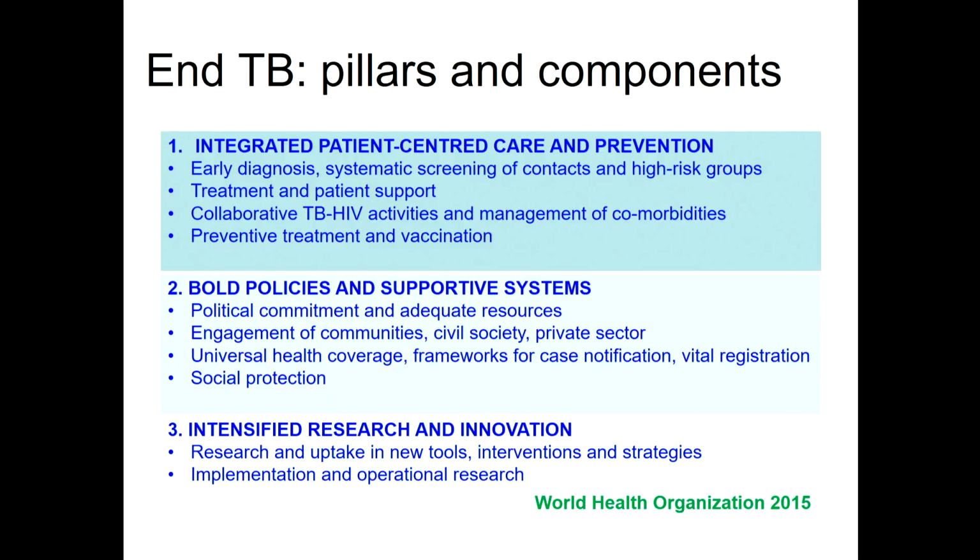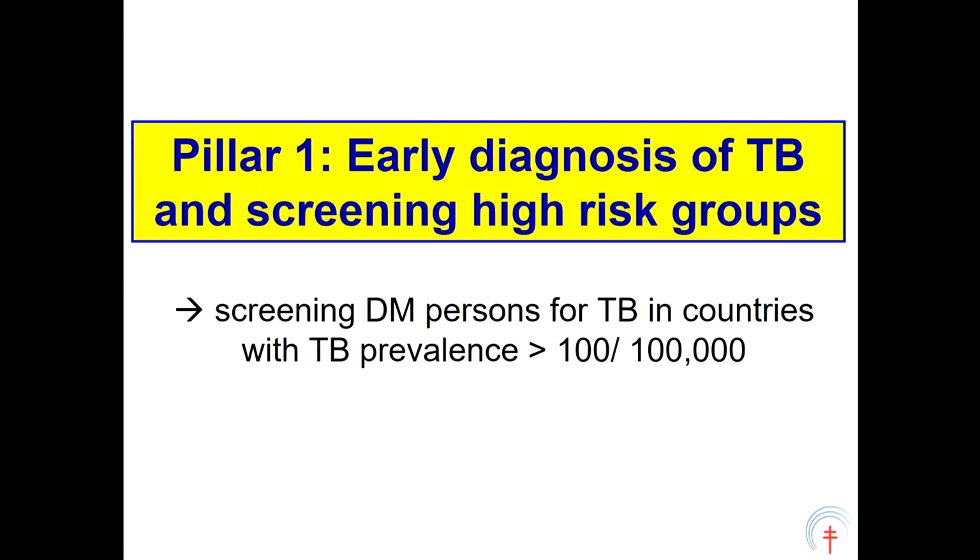Secondly, the second pillar is bold policies and supportive systems, again with a number of activities. And the third is intensified research and innovation. So let's look at pillar one, and let's look at that activity, early diagnosis of TB and screening high-risk groups. So here, very nicely, we could consider screening diabetic persons for TB in countries where the TB prevalence is greater